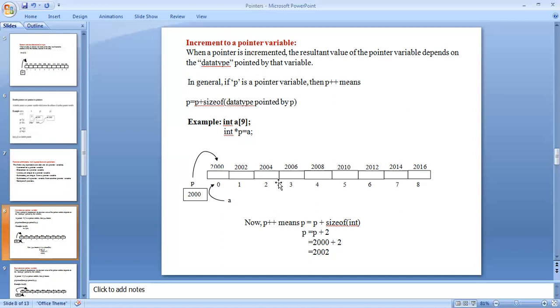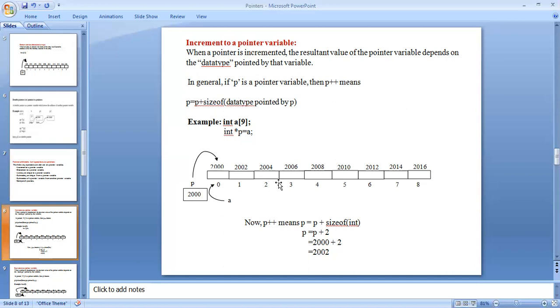Addition can be used when one operand is a pointer and the other is an integer. And here we are using increment on a pointer. Increment means x equals x plus 1. One value is added to the x value.